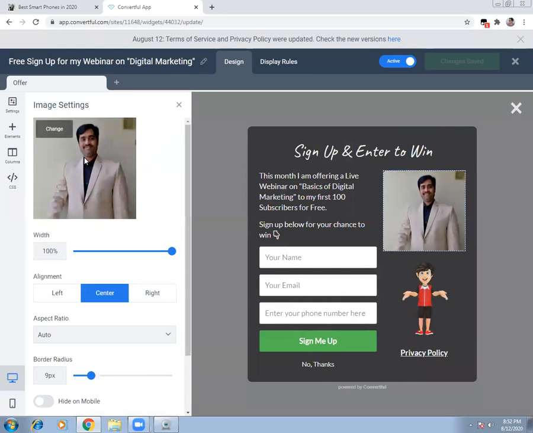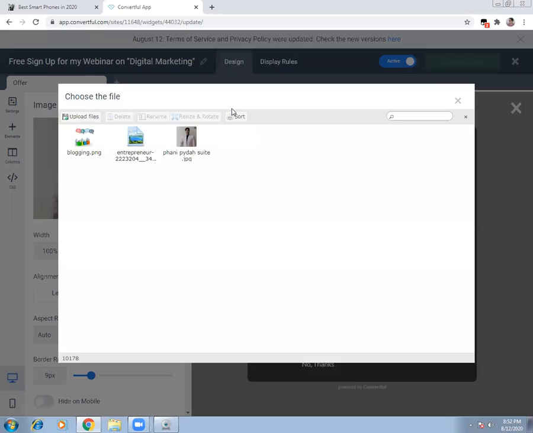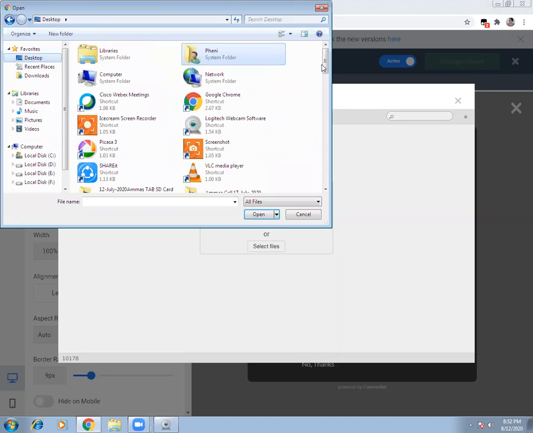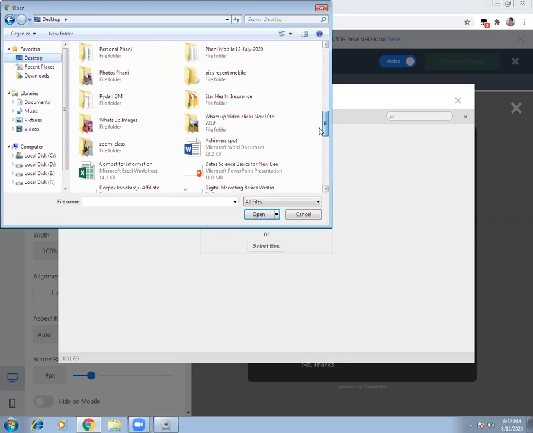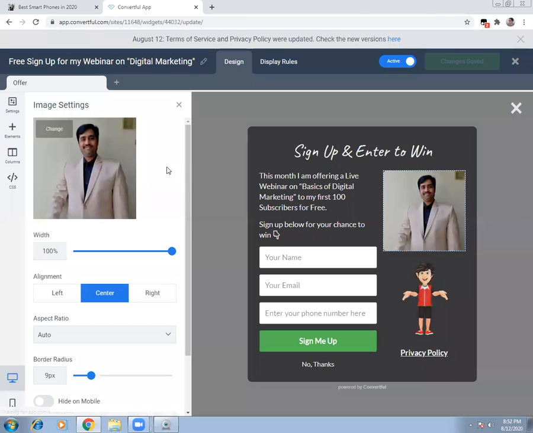and then from here you can click, and you can change the image to any image from your desktop. You can choose anything, upload files. This is an already existing file, so it is showing you. If you want to upload something, you just need to drag and drop it here, or you can select files from your desktop wherever you want to go. You can go to your personal files, your pictures, simply select them and add the image. So right now I don't want to make any changes.